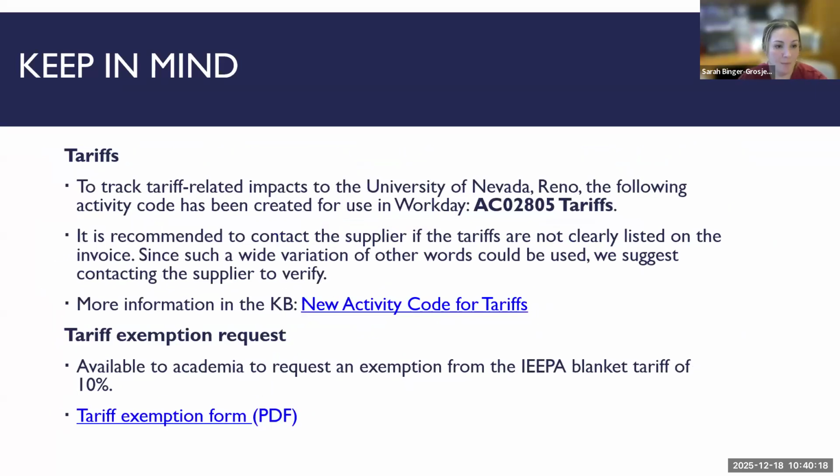All right, now one that has come up this year with tariffs. For UNR, we are trying to track any tariff-related fees, and there is an activity code here that we have listed that we will need to have on a line. So the best way for this to be entered is